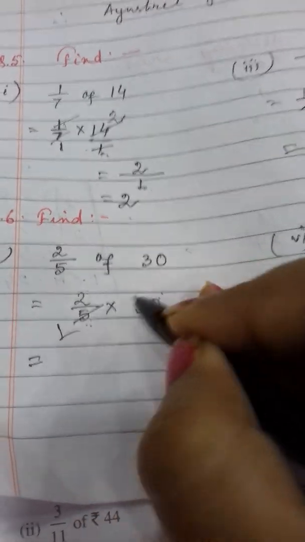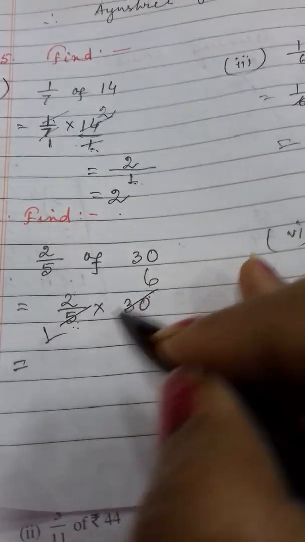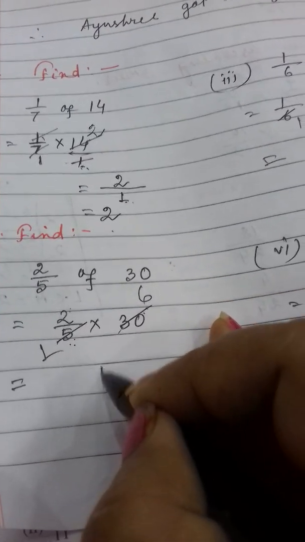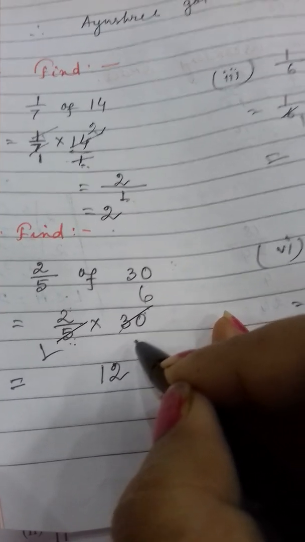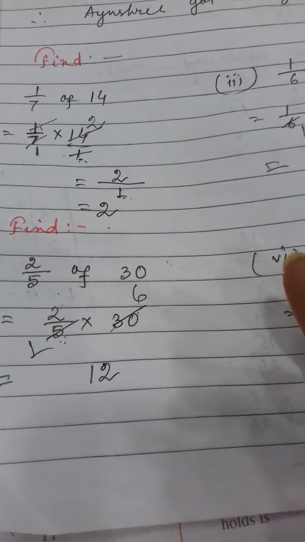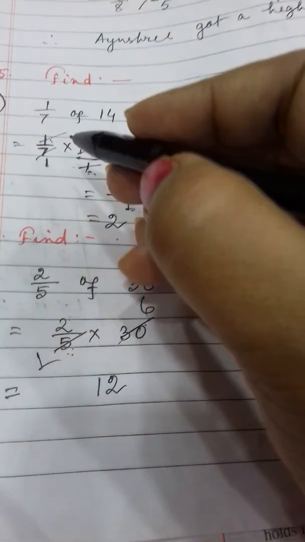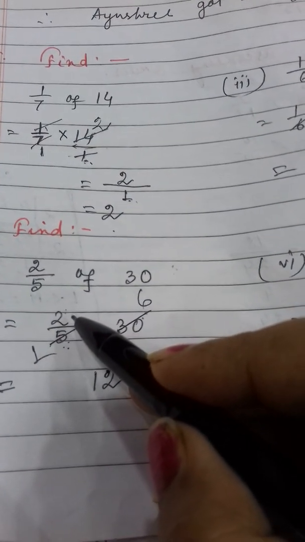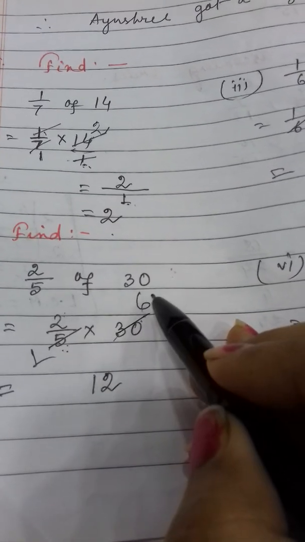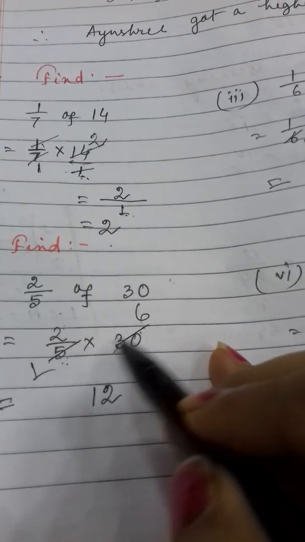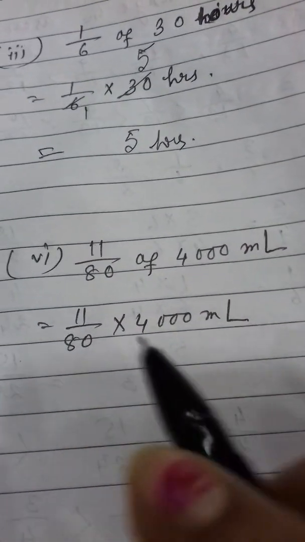So 5 ones are 5, 5 sixes are 30. Now here 2 and 6 you will multiply. 2 sixes are how much? 12. And here the denominator is what? 1. 1 into 1 means what? 1. So 12 by 1 means what? 12. Have you seen the difference between these two? Here 1 is there, here some other number is there. So whatever number is there, you will multiply those numbers. That means same side numbers you can multiply and opposite side numbers you can cancel. This is one property of fractional multiplication.